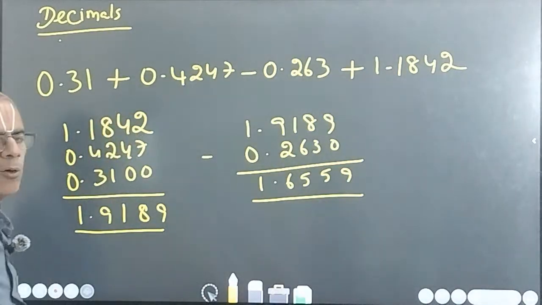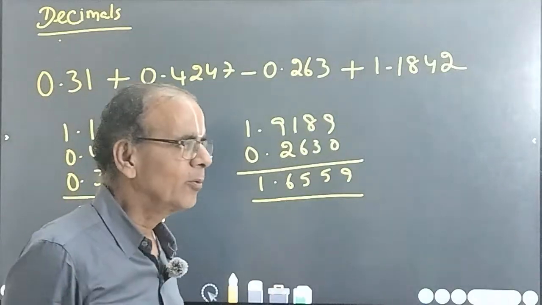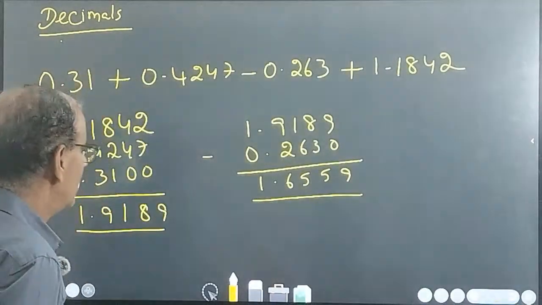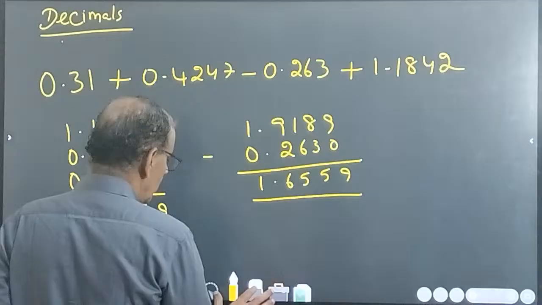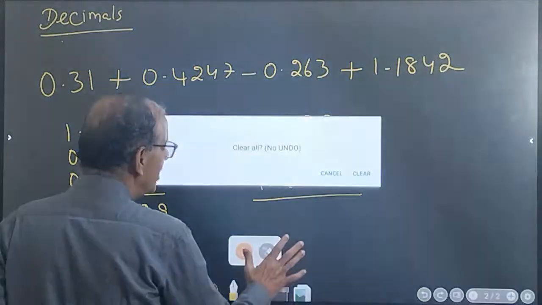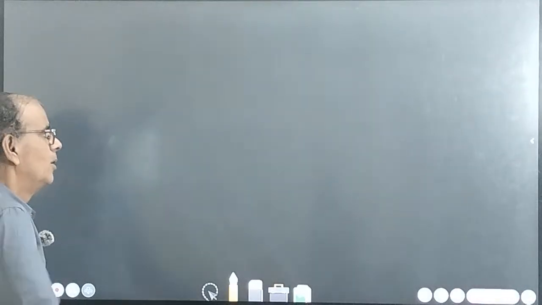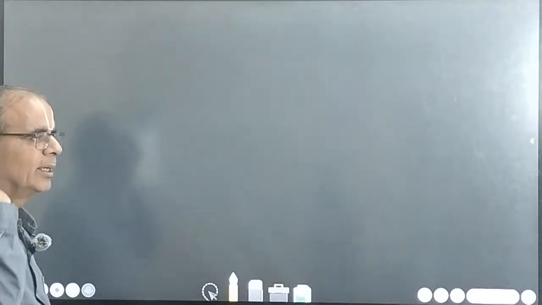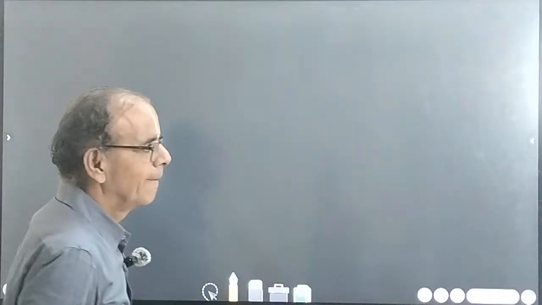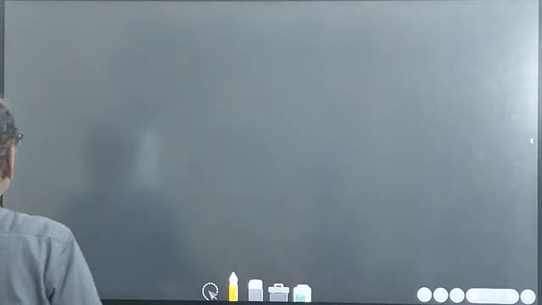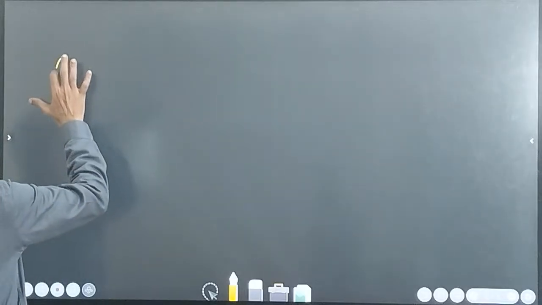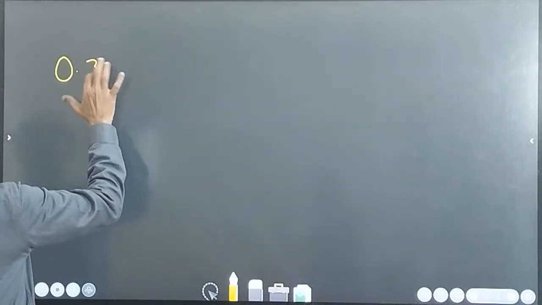Ensure that all the digits on the right side are equal. If not equal, you add 0 to the right side. By adding 0 to the right side, it will not affect the value. That is about addition and subtraction. Now let us go to multiplication. How do we do it easily? 0.3